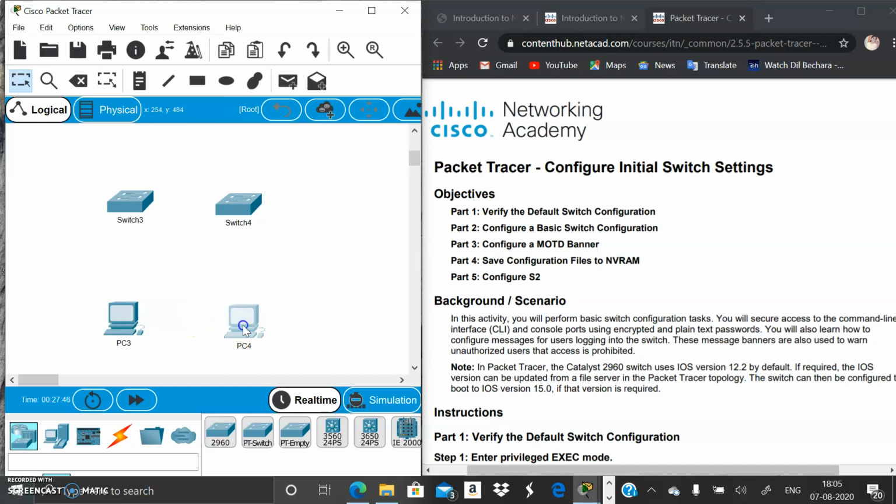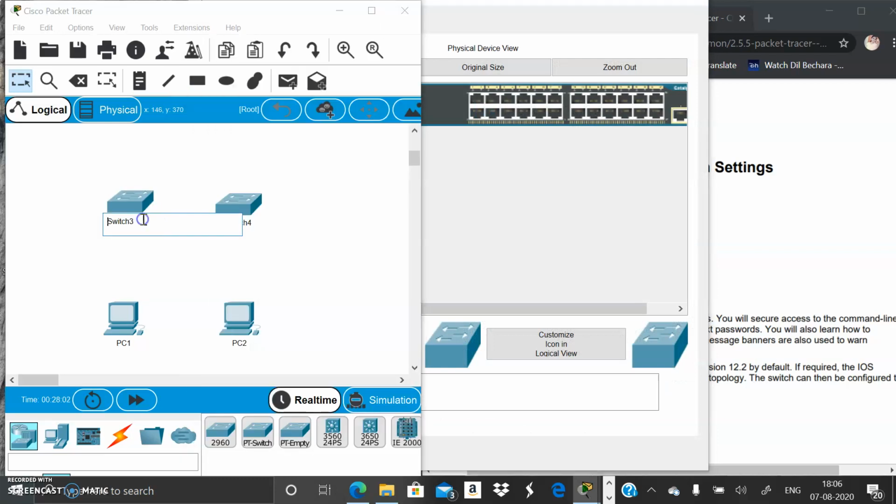I will change the names of these switches and PCs. This is PC1 and this is PC2, and this is switch 1 and this is switch 2.